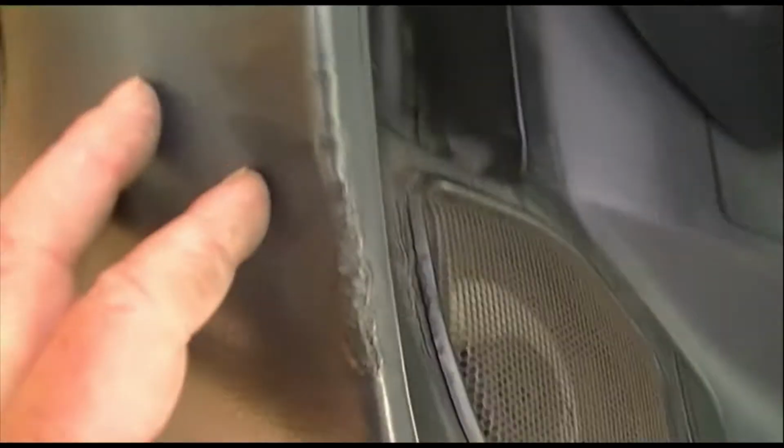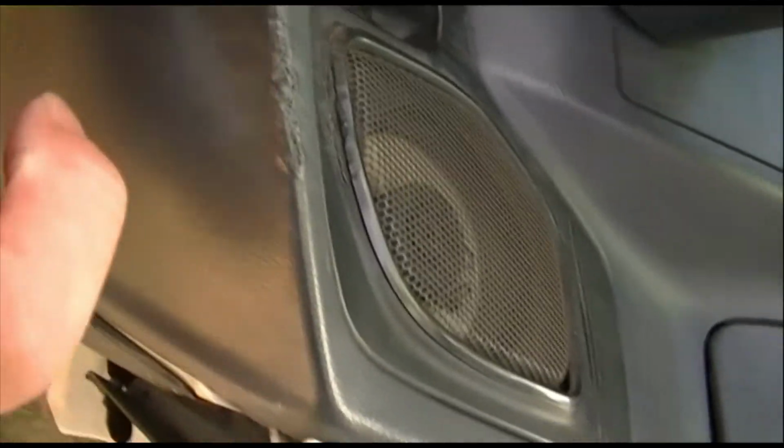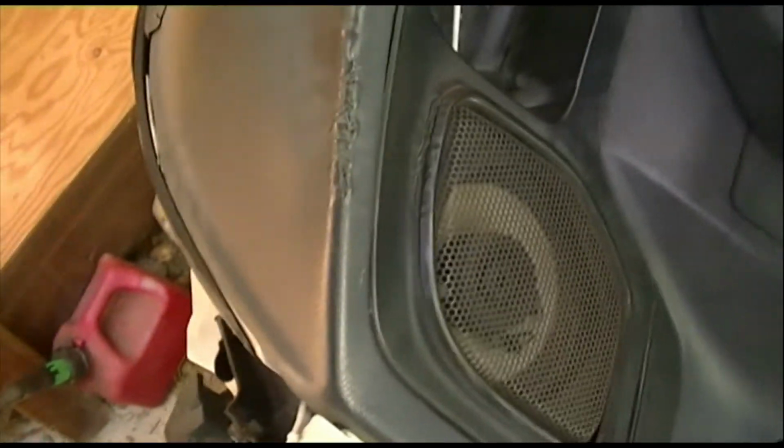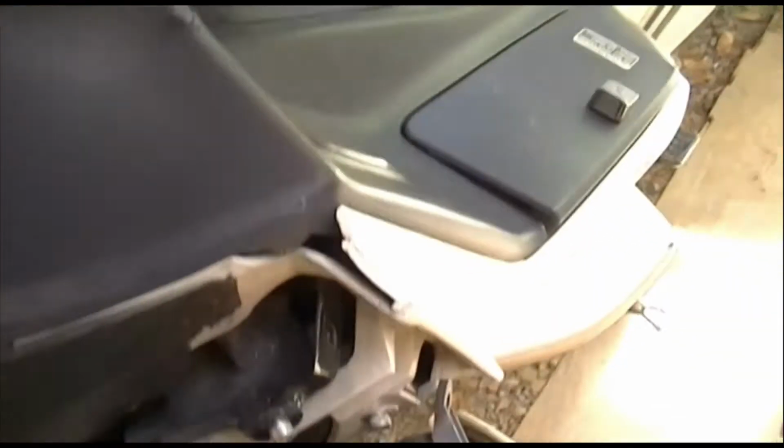I don't know how this got chewed up. I don't remember it being chewed up like that before, so something that happened with the windshield when it got all tweaked around must have done this damage, and I don't think there's any cure for it. We're going to have to live with that. That's part of this whole big piece. So there you go. The windscreen itself